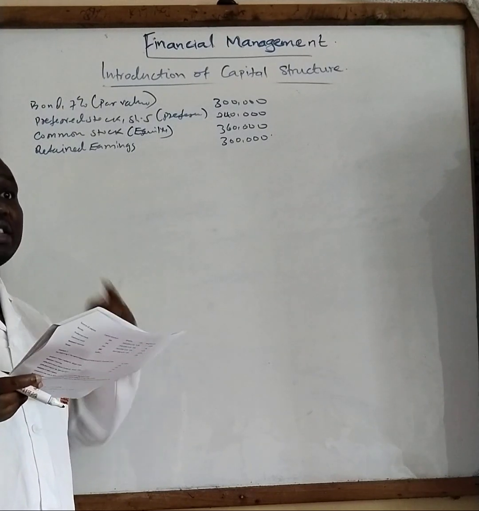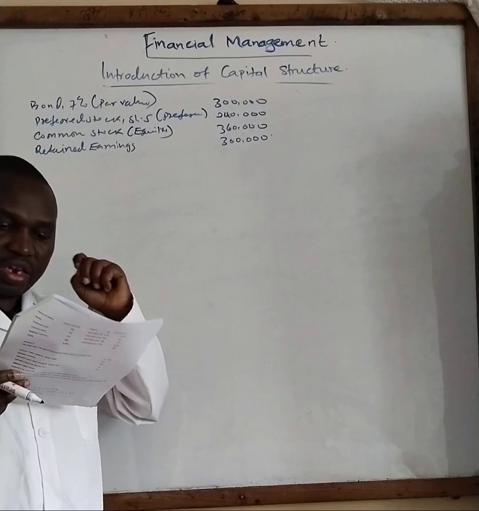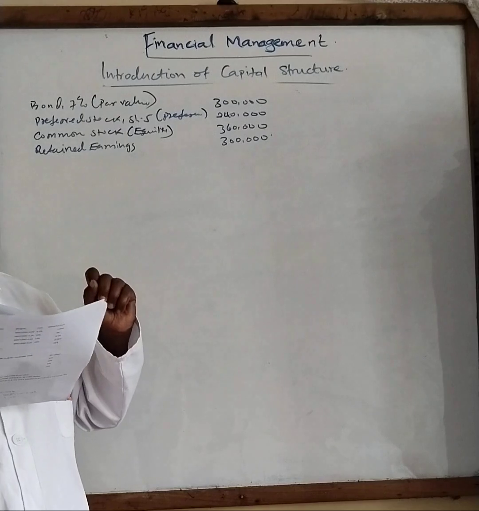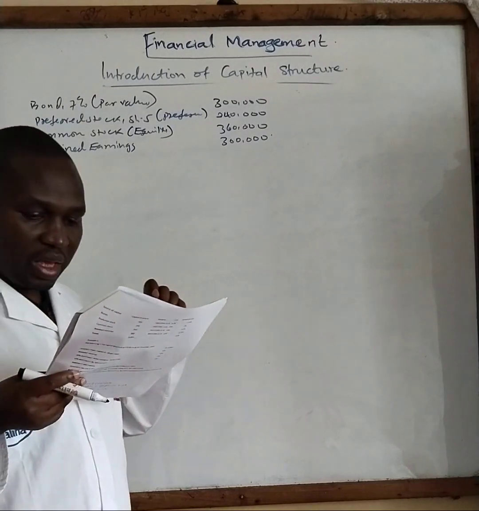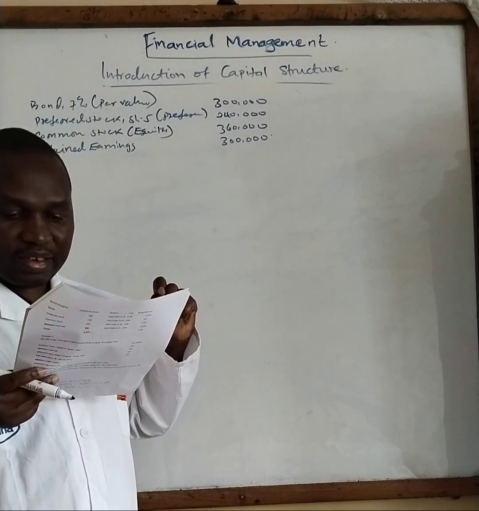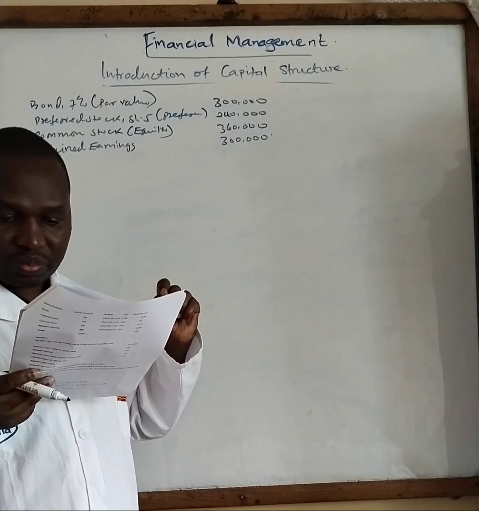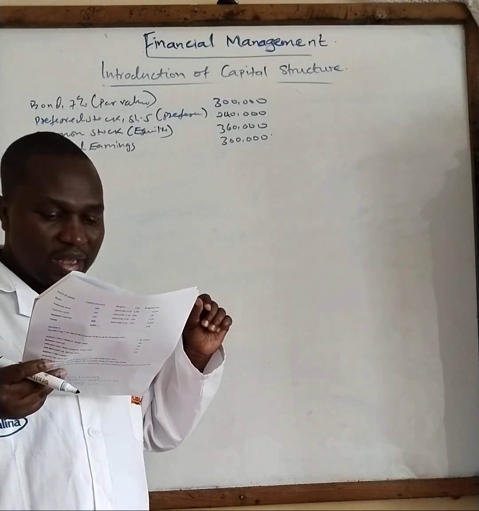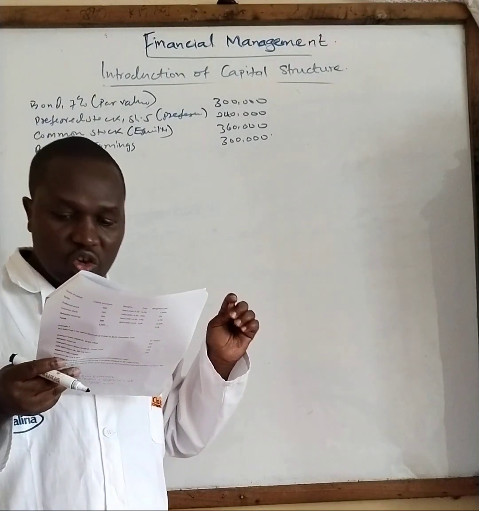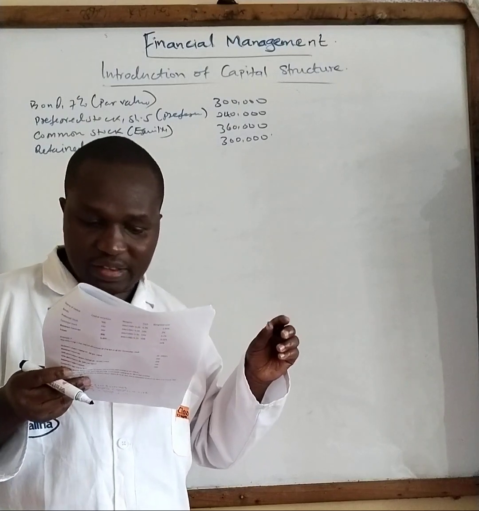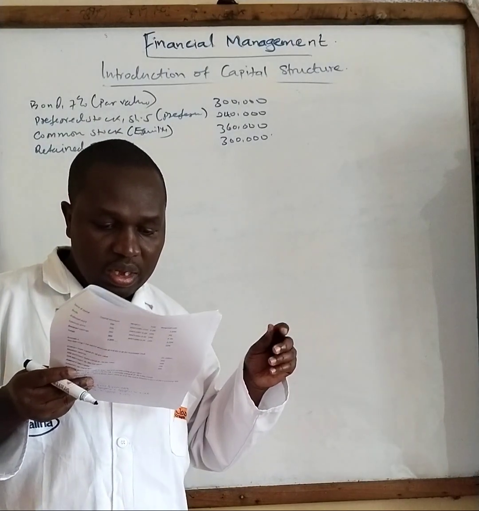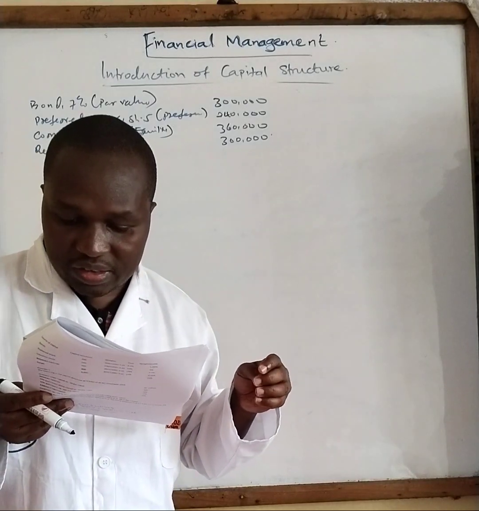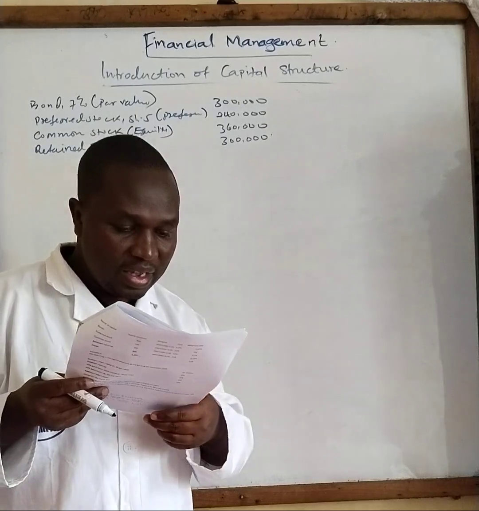That is currently, which means D0. Then it's growing at the rate of 6%. Market value per share of common stock, which is equity, is 40 shillings. And preferred stock is selling at 50 shillings also. Flotation cost on new issue of common stock is 10%. So flotation cost, 10% on common stock. The interest on bonds is paid annually. The company's tax rate is 40%.